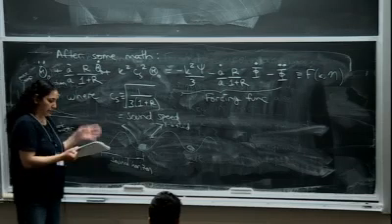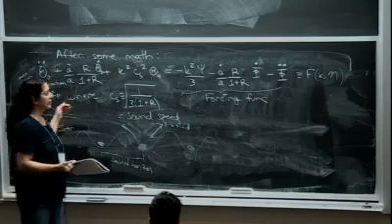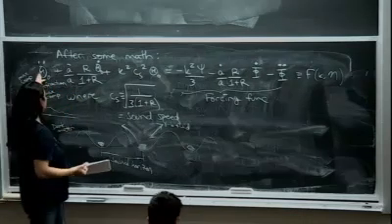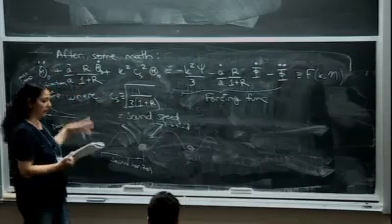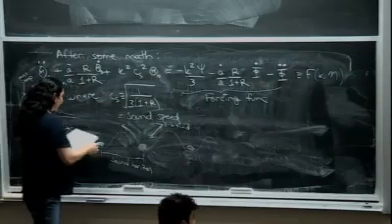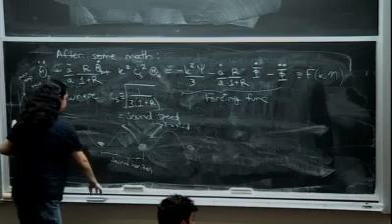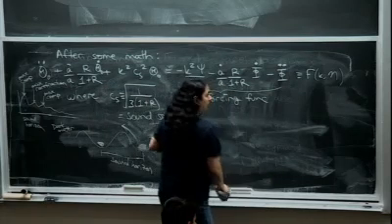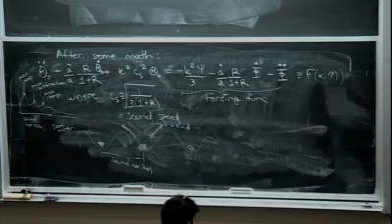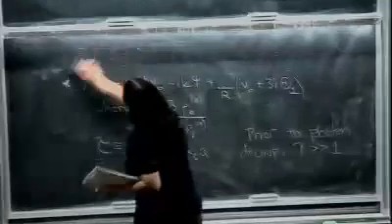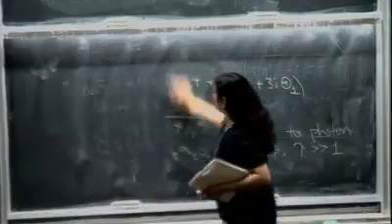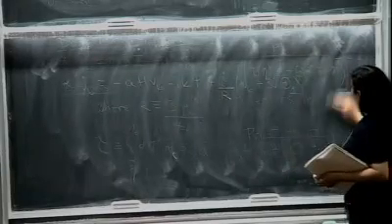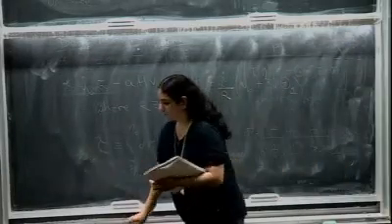Okay. But why today do we see peaks at all these different L's when I just told you that we only have a theta 0 and a theta 1, right? So what happens is that the photons are free streaming to us. And the reason why we only see a theta 0 and a theta 1 at the time of photon decoupling is basically because our horizon is very small. So